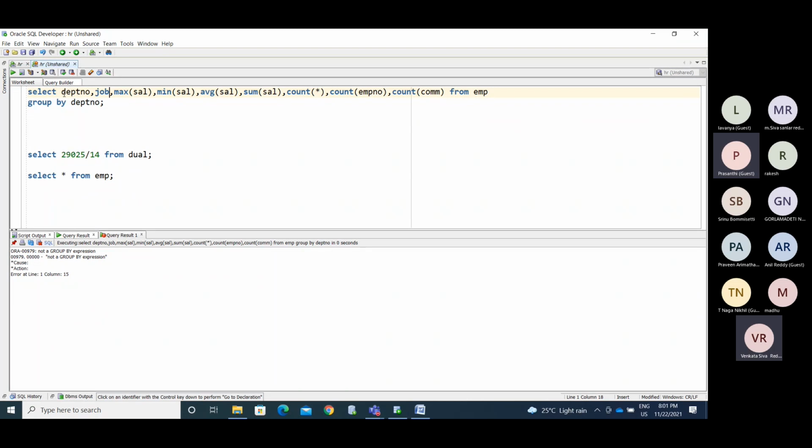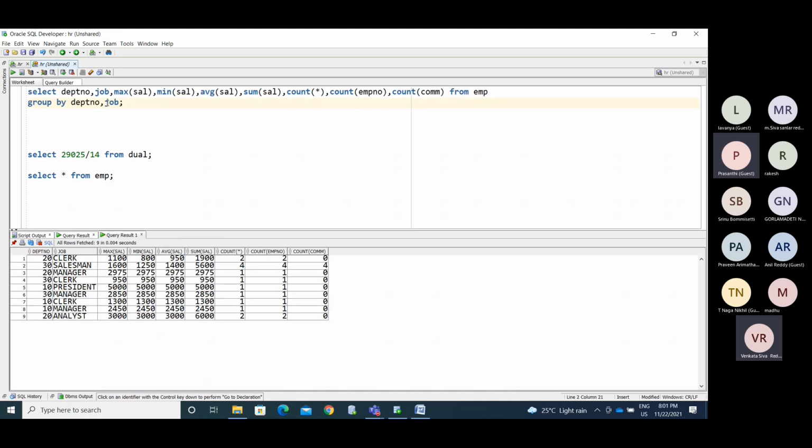So these are all the group functions, and these two are the non-grouped columns. Whatever the non-grouped columns we have in the select list, that column must and should be in the group by clause. Okay, so now I am using group by department number, comma, job. Now you are getting that, right?